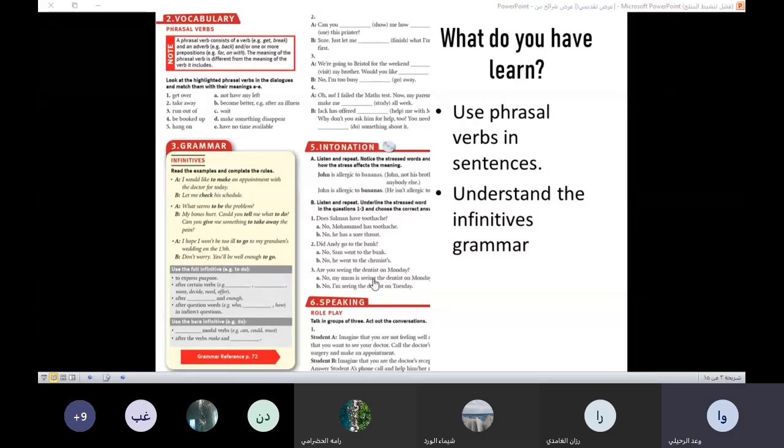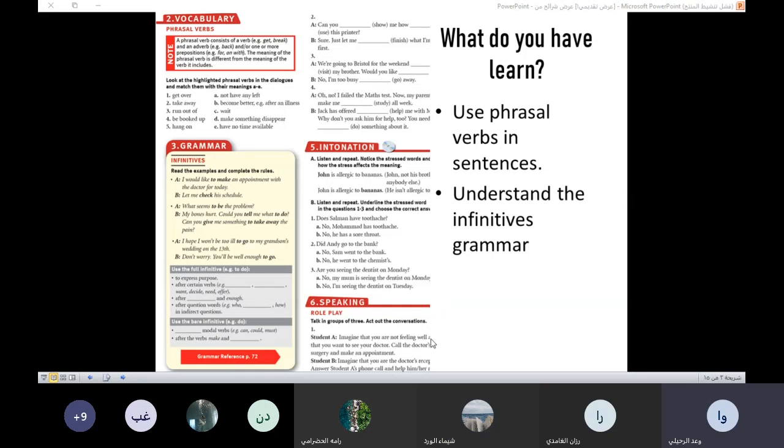Yes, Ola. I ran out of time. Yes, say it again, please. I ran out of time. Thank you. I ran out of time. I was doing the exam, but I ran out of time, for example.